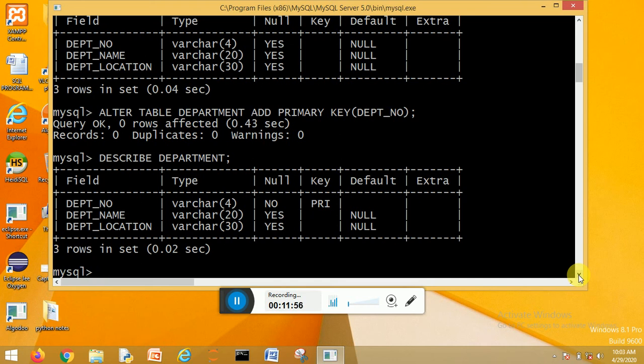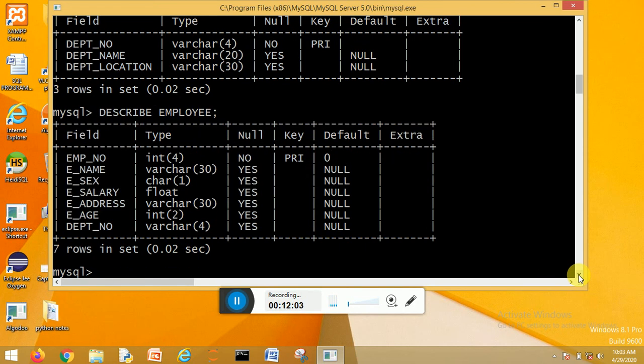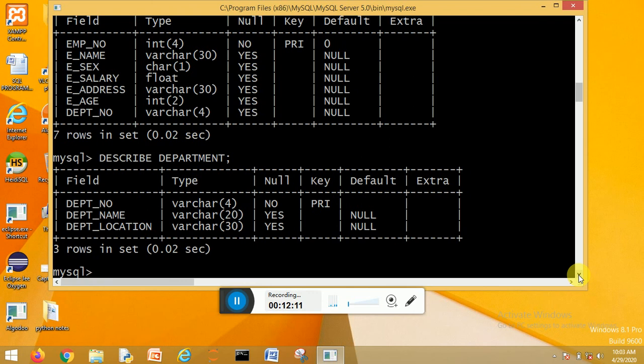First table is employee. Again, describe employee. This is the employee table. Describe department. Now this is the second table. In these two tables, you can see over here that one column is common in both tables. In the employee table, the dept number column exists with data type varchar and size 4.